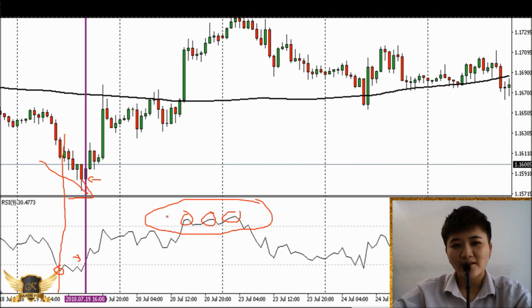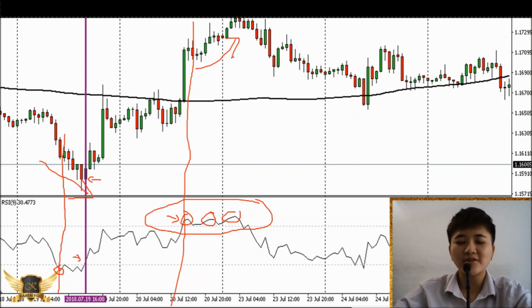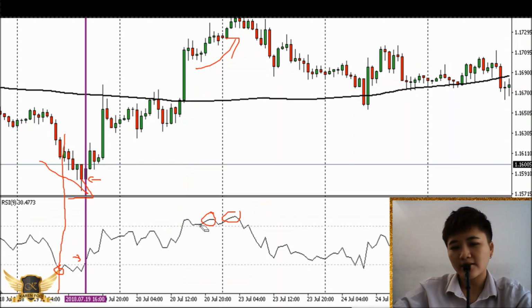So if you make a sell over here, which a lot of people do, when they see RSI go above 70, they straight away sell. Then you're selling over here, and you need to withstand this retracement. Of course, this is a small one, but what if it's very, very big? Right? So, to be safe again,